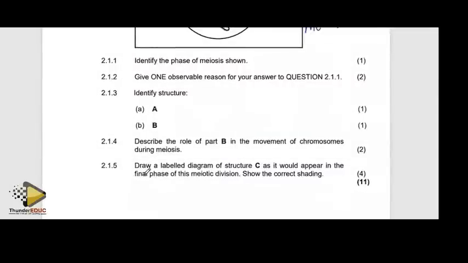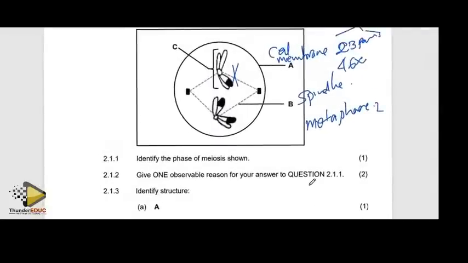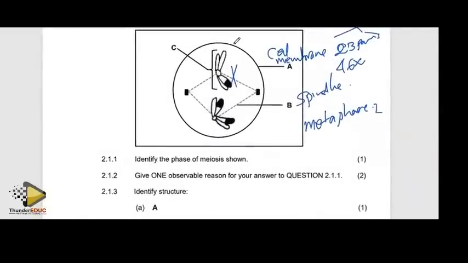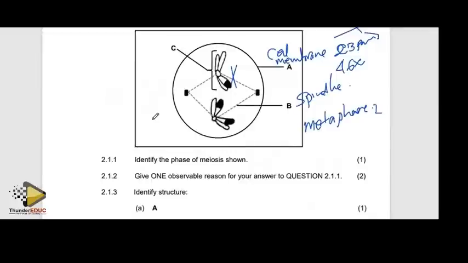Then another question says: draw a labelled diagram of the structure C that would appear in the final phase of this mitotic division. Show the correct shading of C. So where is C? Remember, this is going to split. It is a chromosome. So if it splits,